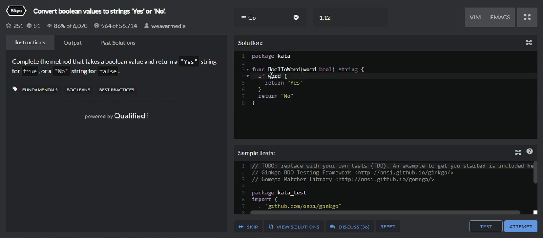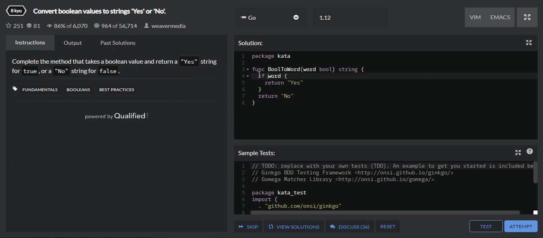Otherwise we can also do the negation of word. That means if the word has true value, then it will act like false. This is also a condition that you can check, but now let's keep it simple.